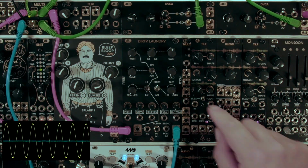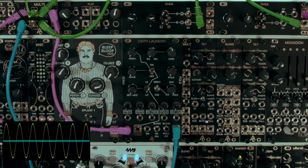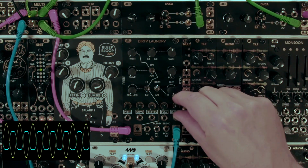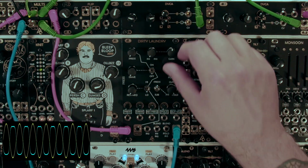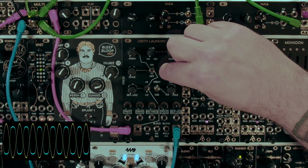Okay, let's check out the fold side. The fold side is actually based off of the Buchla wave folder, or inspired by the Buchla wave folder. And it's quite a bit different from the press side, as we will see. So let's just turn this up. Once again, passing the sine wave from the knit through. This is being unaffected, basically. But when we turn this fold knob up,